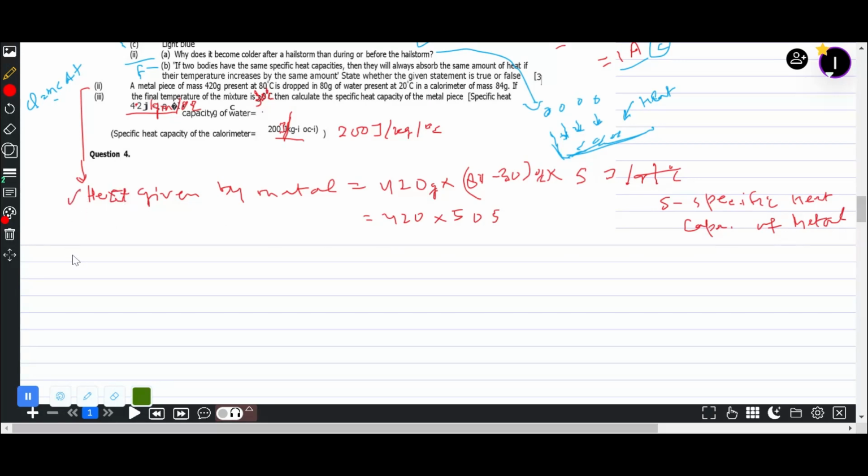Now who is absorbing the heat? Who is getting the heat? The water is getting the heat. So how much water is there? There is 80 grams of water. Correct? 80 grams of water. So heat gained by water is